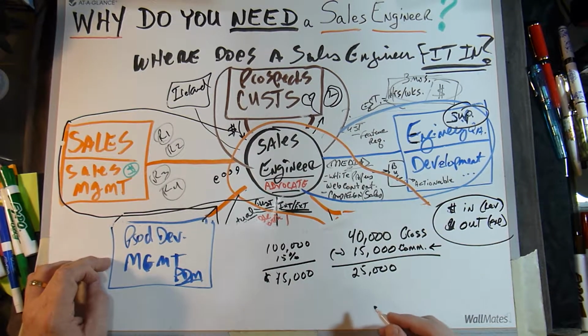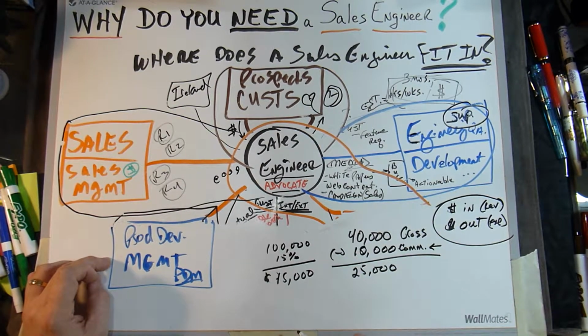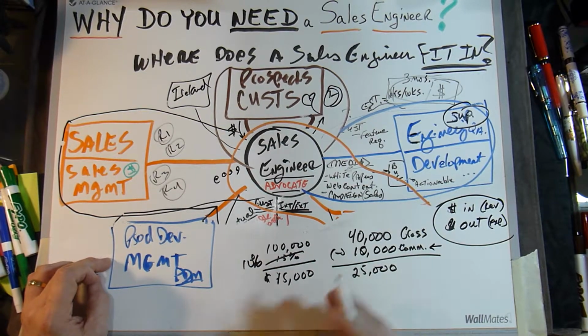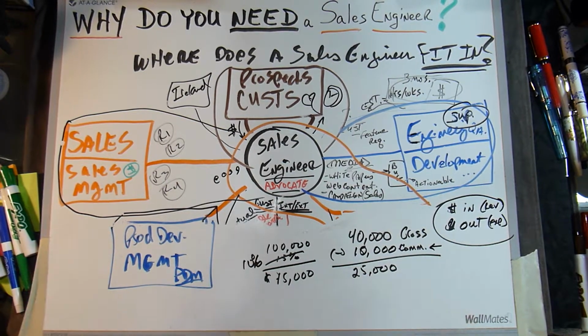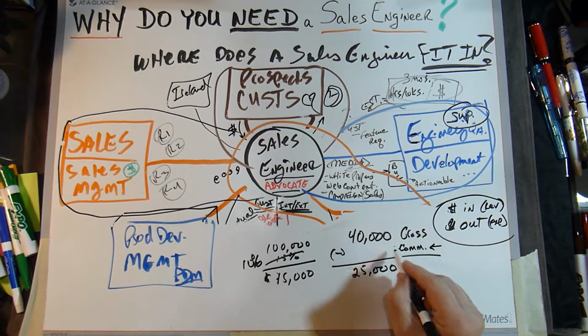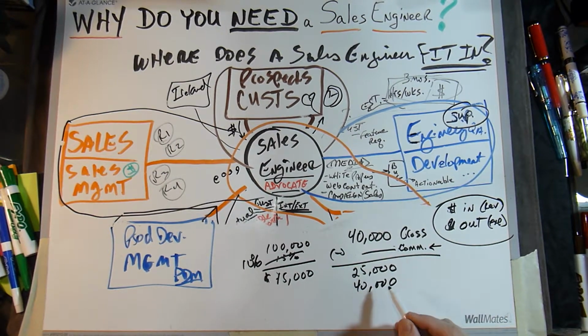You want to drop the price by $5,000? Well, guess what? You're only going to get 10. You're not going to get the 15%. You're going to get 10%. That's up to the sales rep. If the sales rep thinks they really have to have this customer because down the road they're going to make a lot, who knows? They might go for no commission. In which case, we made 40,000.